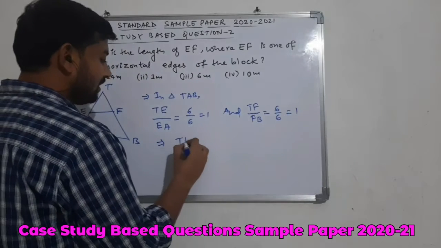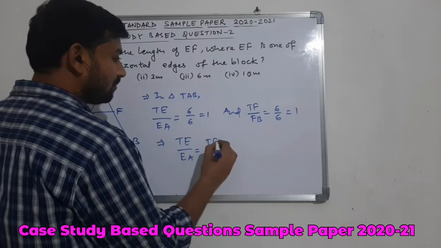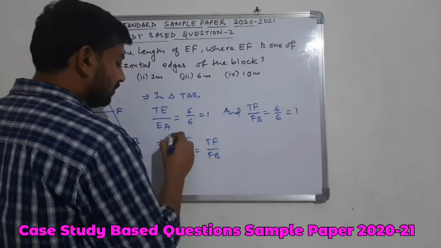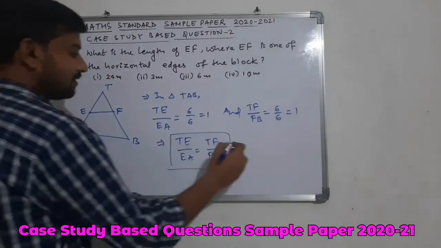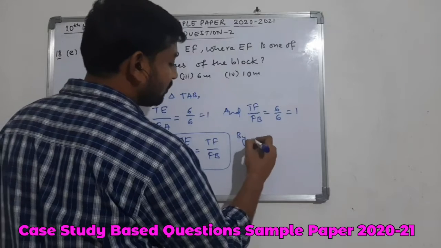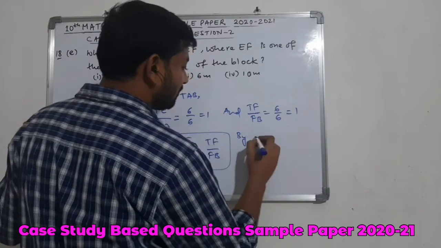So we can say TE upon EA is the same as TF upon FB. We have a very famous theorem in this chapter, triangles, that is the basic proportionality theorem or Thales' theorem. So by the converse of Thales' theorem,